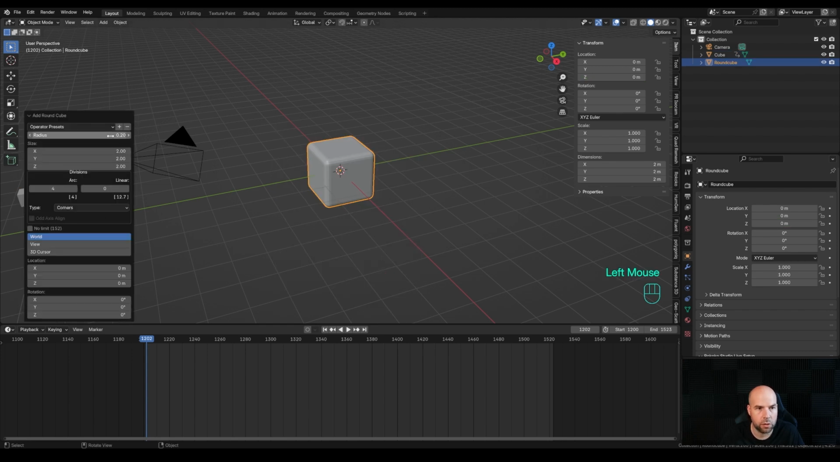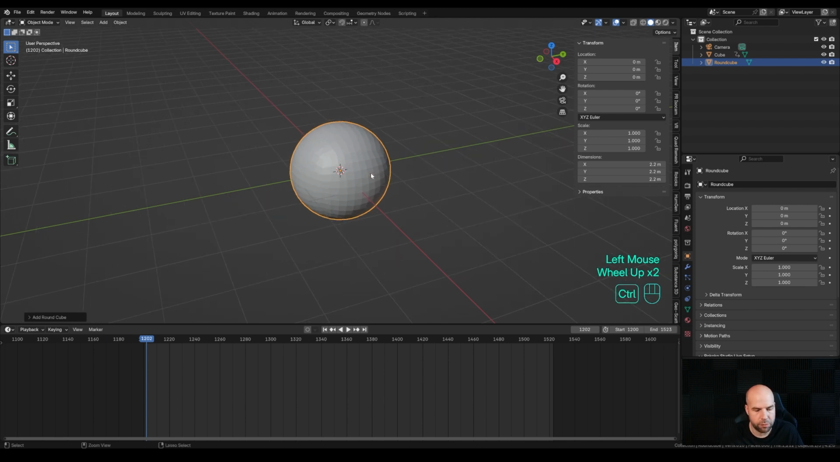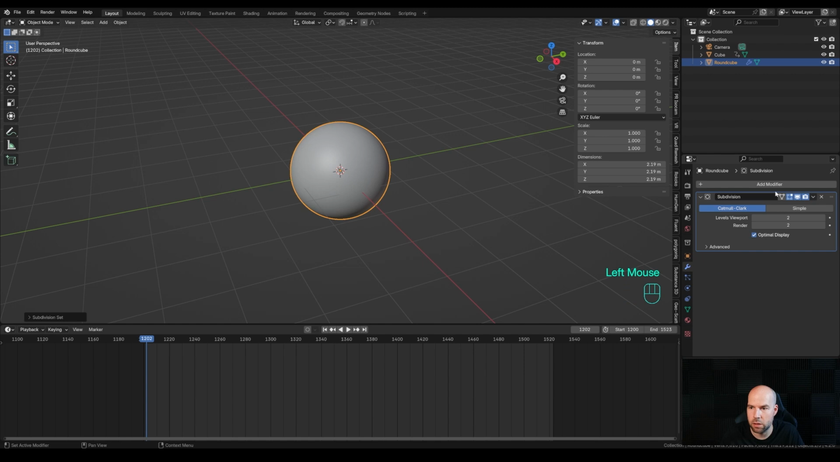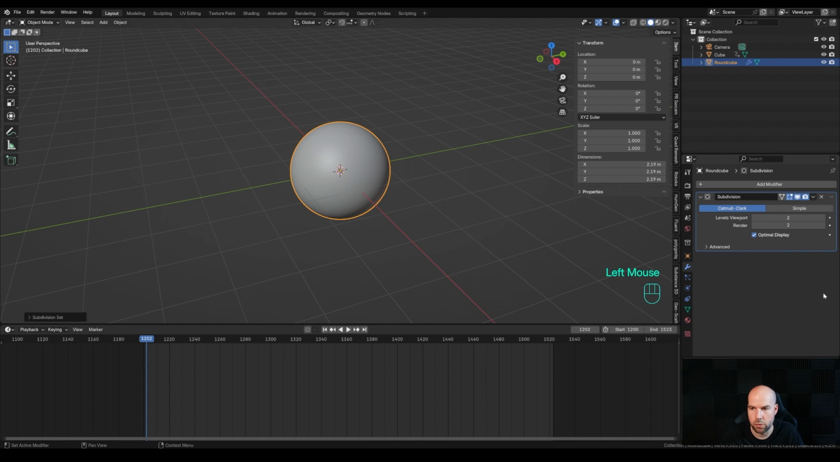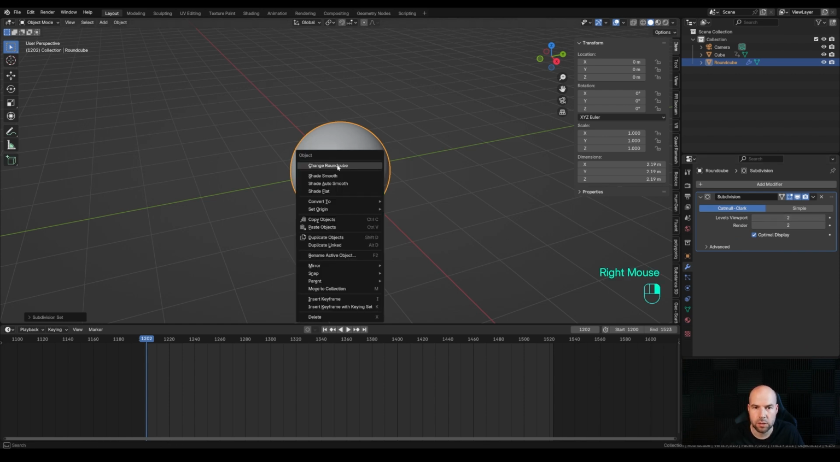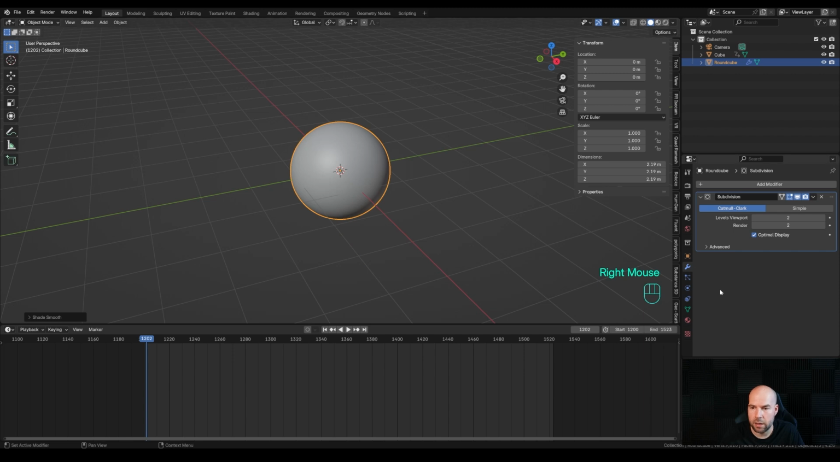And right here, we are going to increase the radius and divisions to something like 10. So we have a sphere made out of quads. And now we'll press Ctrl 2 to add subdivision surface modifier. You can see it right here in the modifiers, or you can just go ahead and add it through the menu and set the levels of viewport to 2. And now right click, shade smooth, and